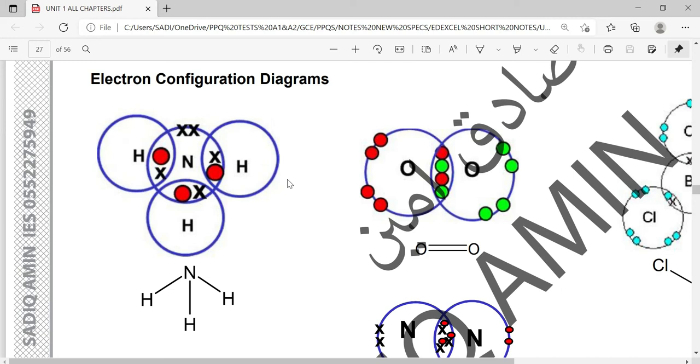That's the example of ammonia. Everywhere you can see a single covalent bond is there. Okay, so if you check ammonia, you can find that